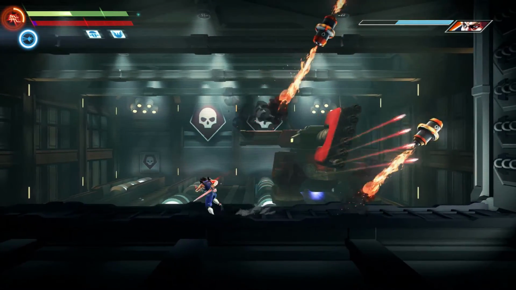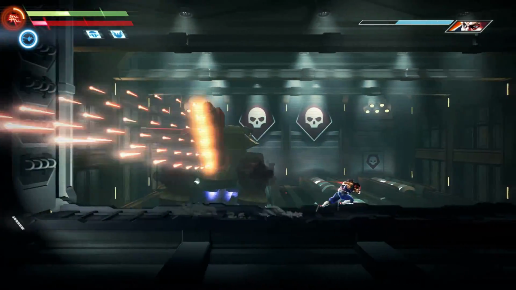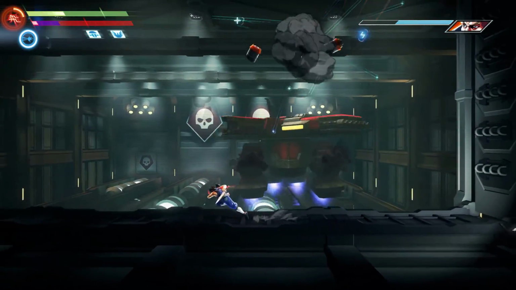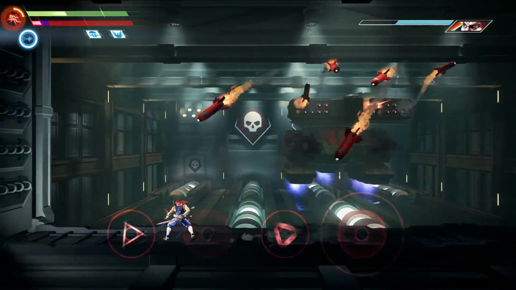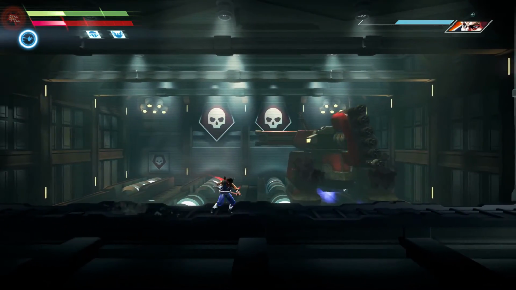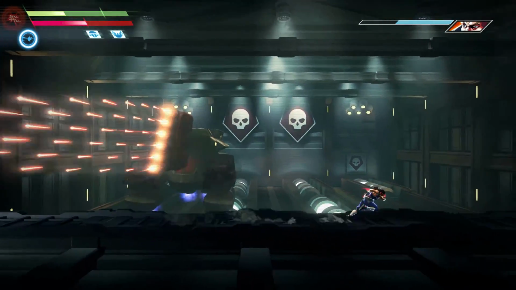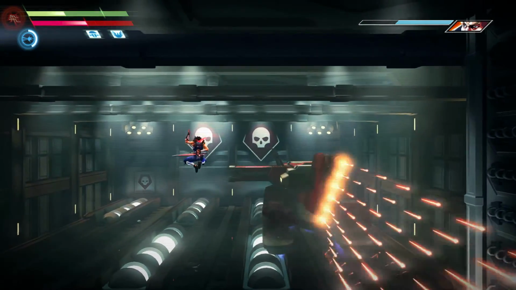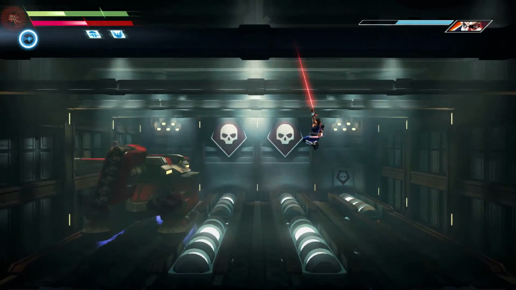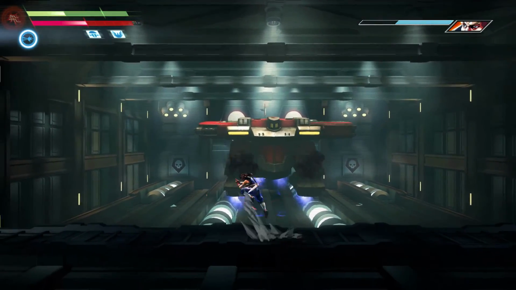So, on the second try we've learned something new. It seems like you can kind of stay away from these guys, assuming you don't run into problems. I'm at half health, and he is at quarter health, but I would argue that there's... Oh look, there's a collectible up there. I'd have to...